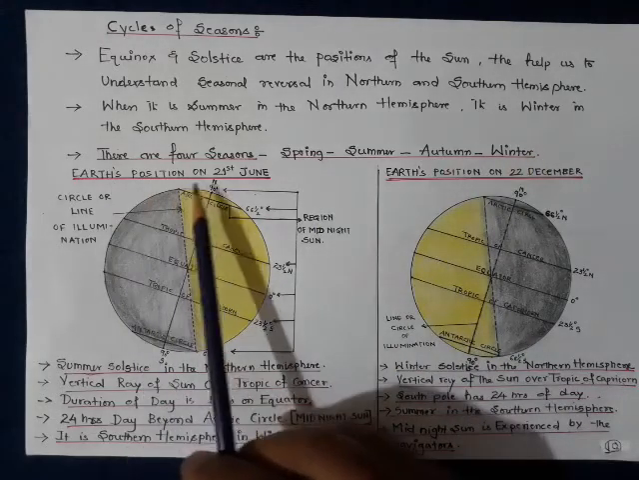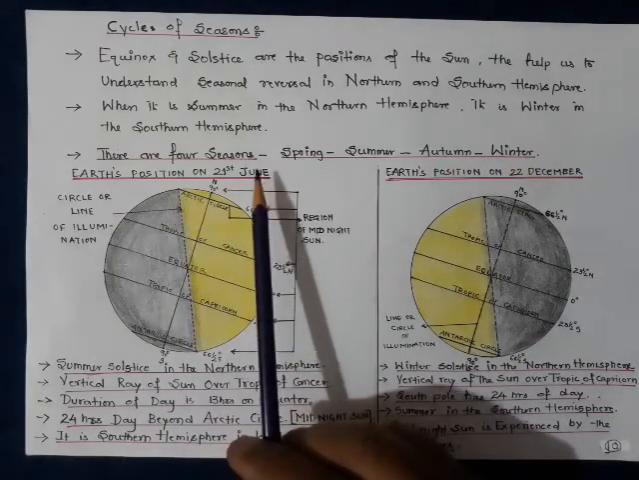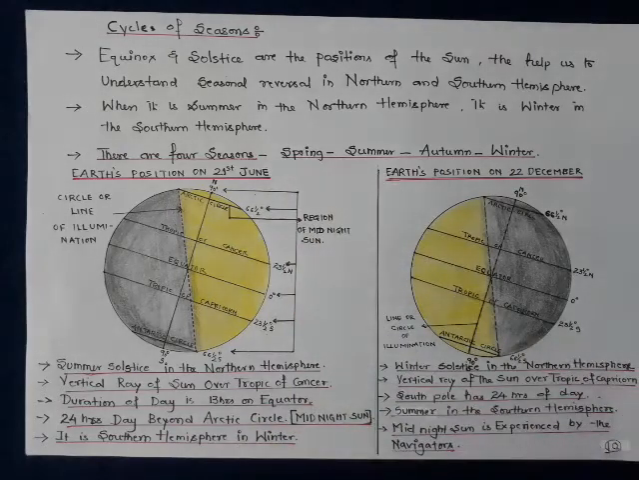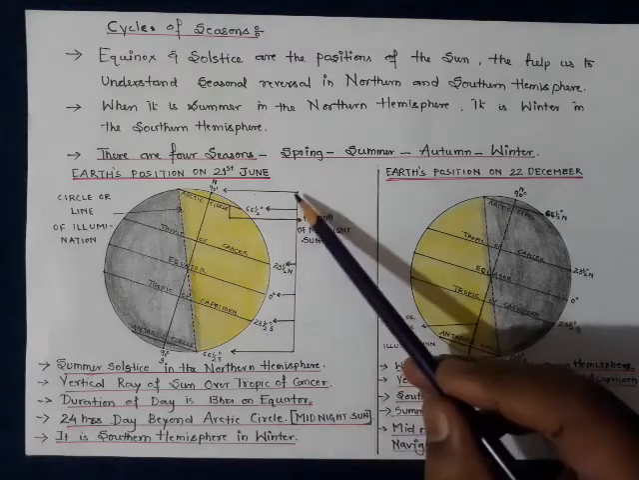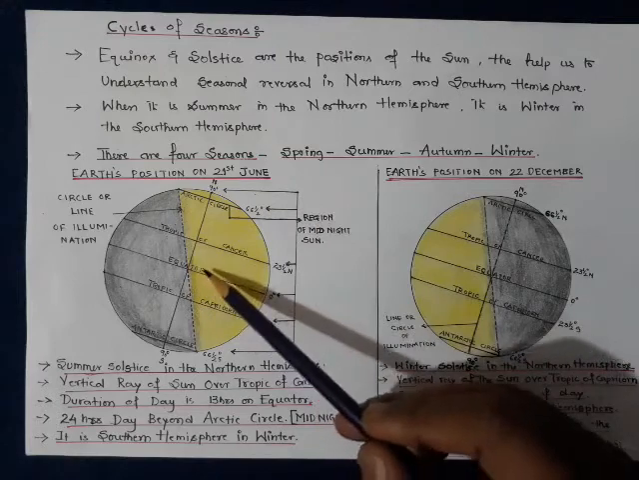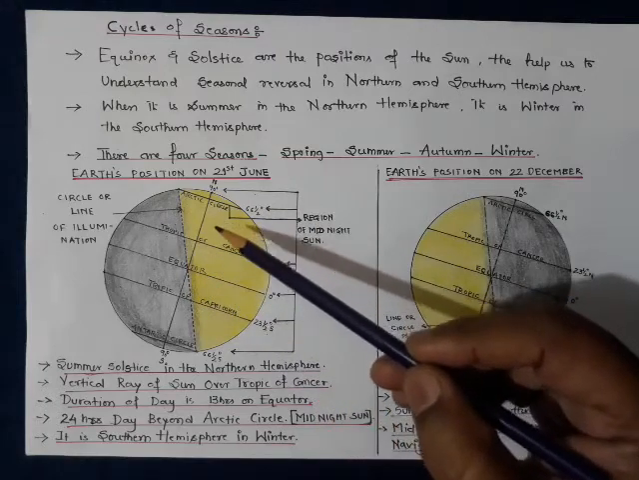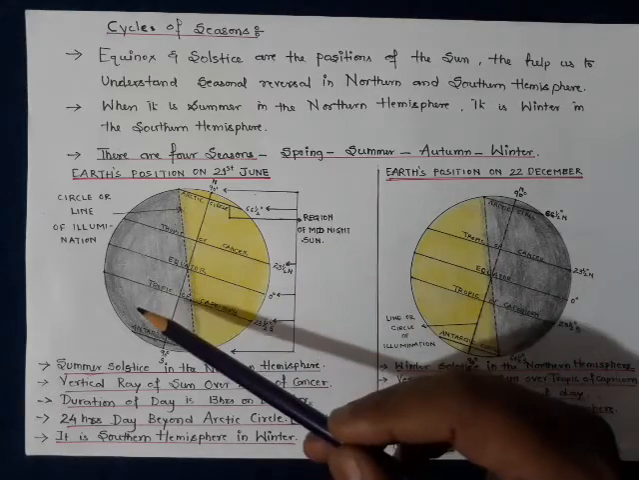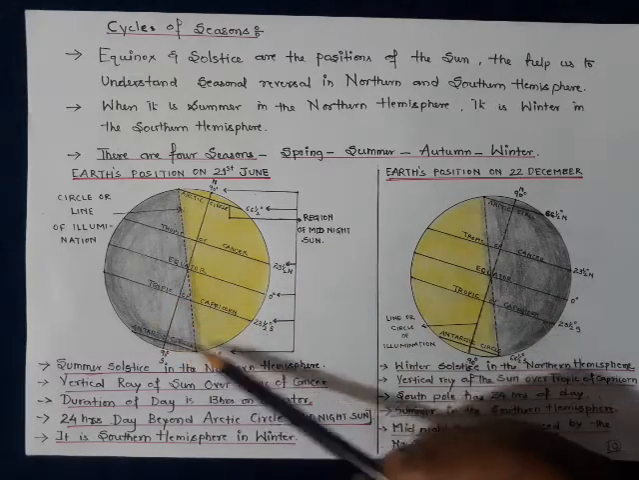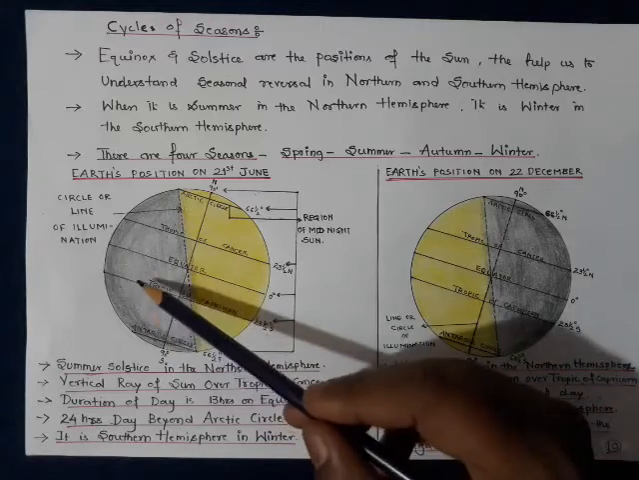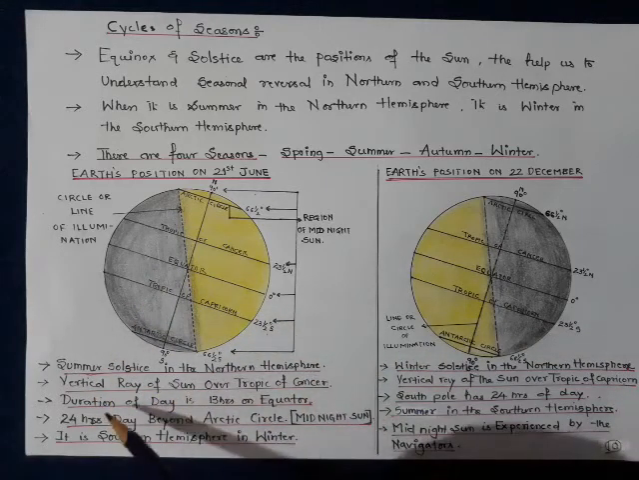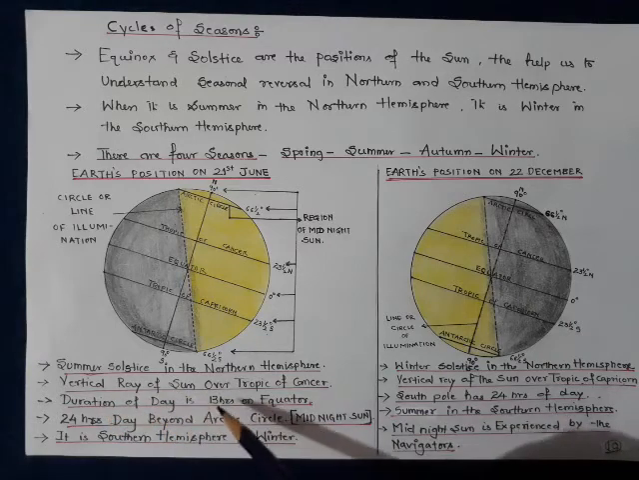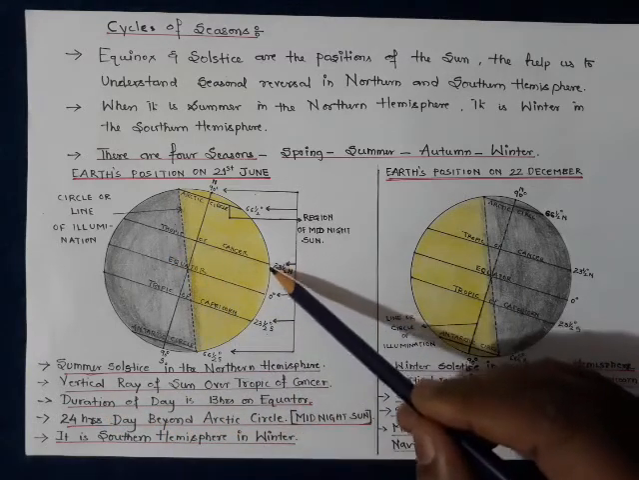So the earth's position on 21st June, known as the summer solstice, if you carefully look, you can see that the north pole is inclined towards the sun. So that's the reason why the northern hemisphere is experiencing summer, whereas the southern hemisphere, which is away from the influence of the direct rays of the sun, it is winter. At the summer solstice in the northern hemisphere, the rays of the sun are vertical over the Tropic of Cancer,